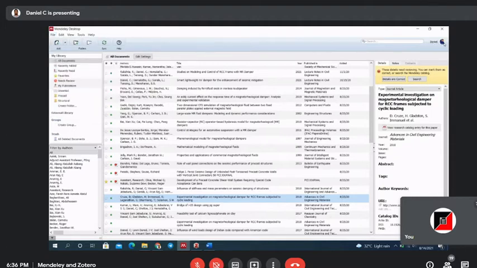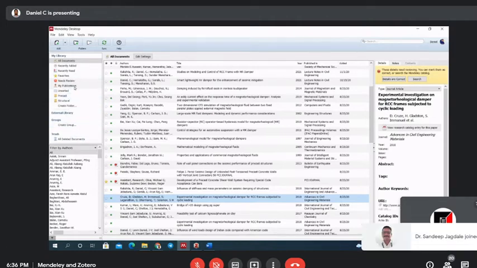Profile is not much needed. Okay, then if you want to create a group, you can create it, and all deleted documents are over here. If you want to create some folders, you can create them. Favorites, needs review, your own publications, recently read and recently added, and all the documents will be available in the Mendeley desktop options.